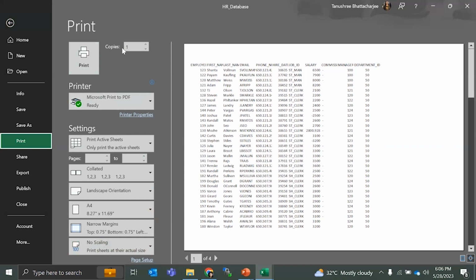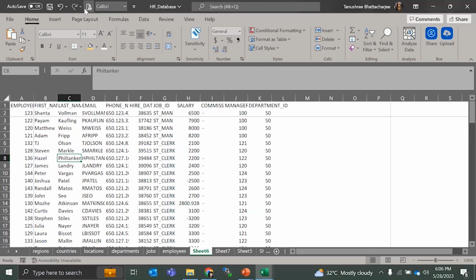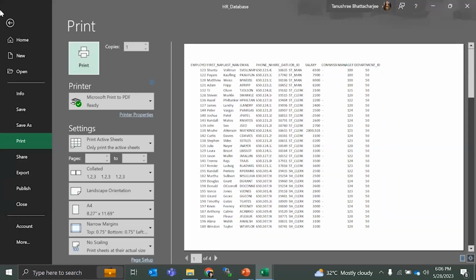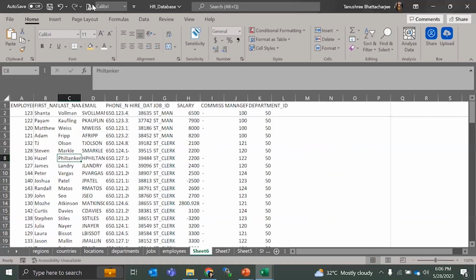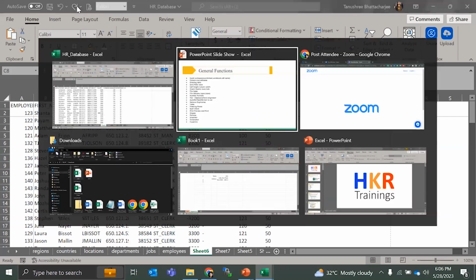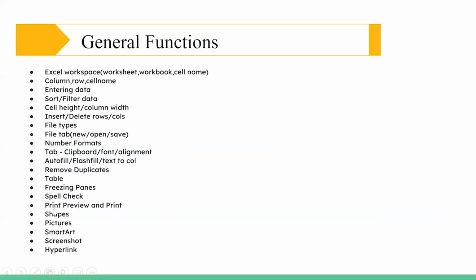Okay, so like this you can print, and here are the copies which you can set. Okay, so this is print preview and print. Same thing you will get from here also. You came to the same place, this place. Okay, so that was about print preview and print. Next